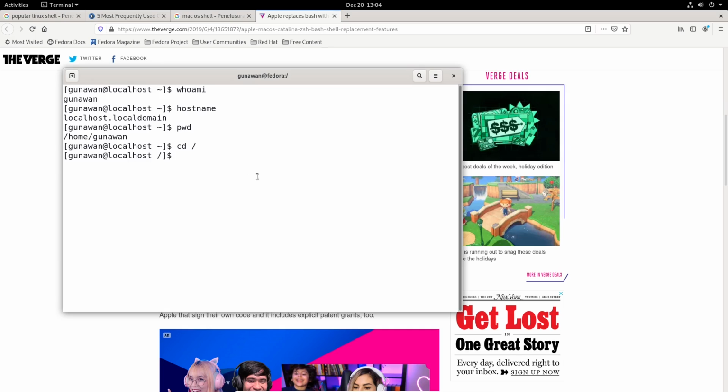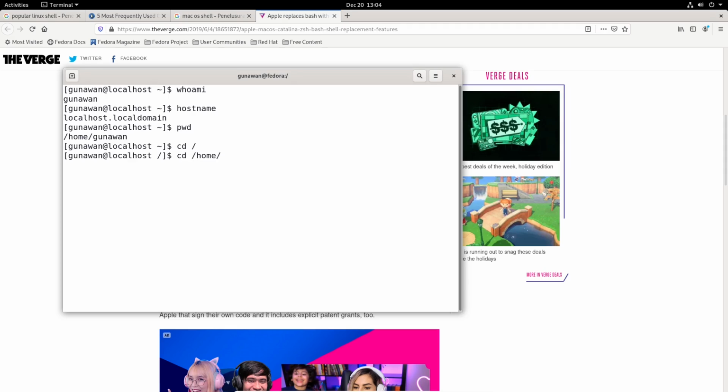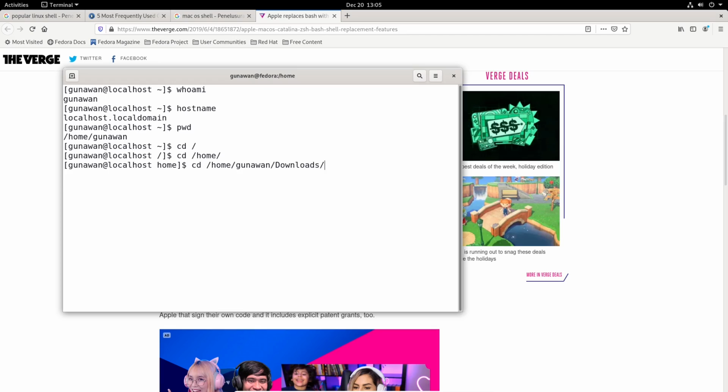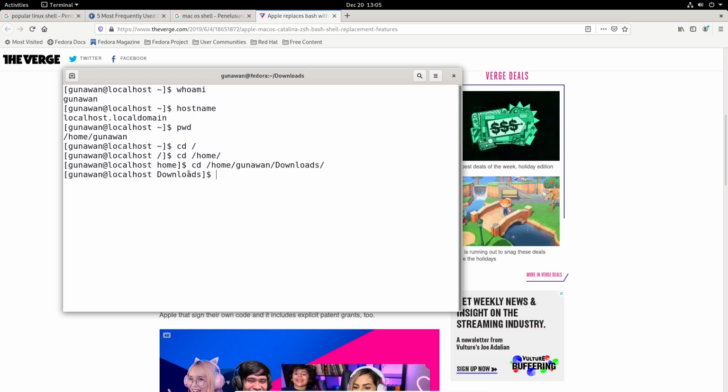If we change to the Gunawan home, or maybe we can go to the home folder. Okay, you can see here. If we go to Gunawan and, for example, the downloads folder, this part will be changed.